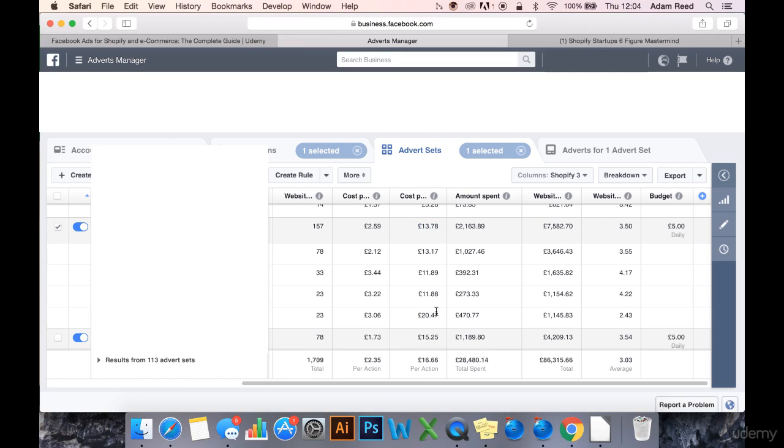It could be around the £12 mark, which you might not think is a lot, but to say I've spent nearly £2,200 on this ad set, that is a lot of sales that I could have got a lot cheaper. I've made 23 sales at £20. I could have made another,